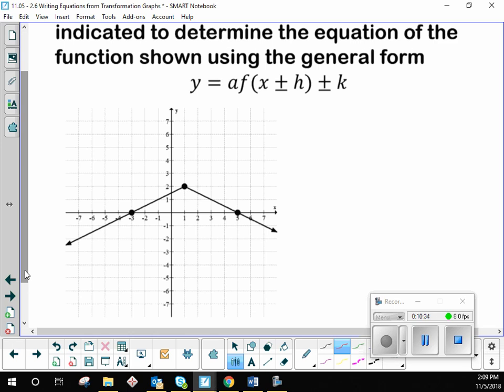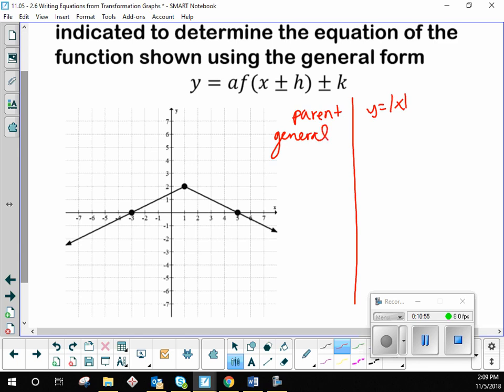The first thing we need to do is recognize the shape of this and which parent function it is. And what is this one? Absolute value, right? So we start off just recognizing that the parent function is y equals absolute value of x. The general form,